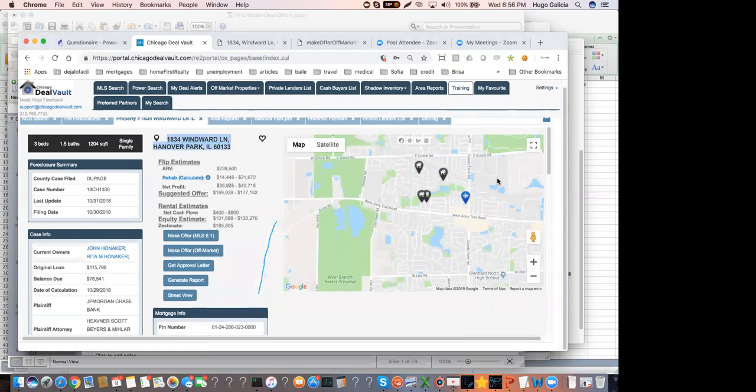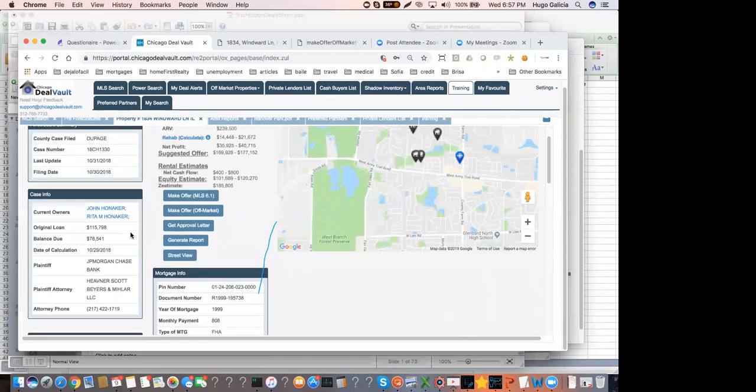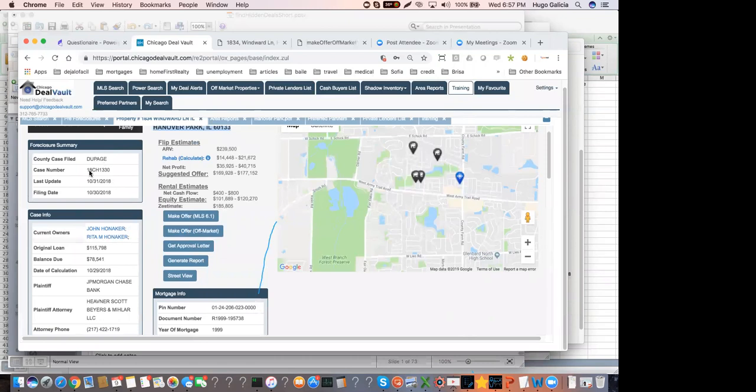Now here, there's another question. I have had the same experience. The only response was to tell me the property was not in foreclosure. Okay, so here, friends, if the owner tells you that it's not in foreclosure, you're going to be surprised, but many owners are in foreclosure and they are not even aware of that, okay? For whatever reason, whether they don't open up their mail or otherwise, when you see right here that the property is in foreclosure,